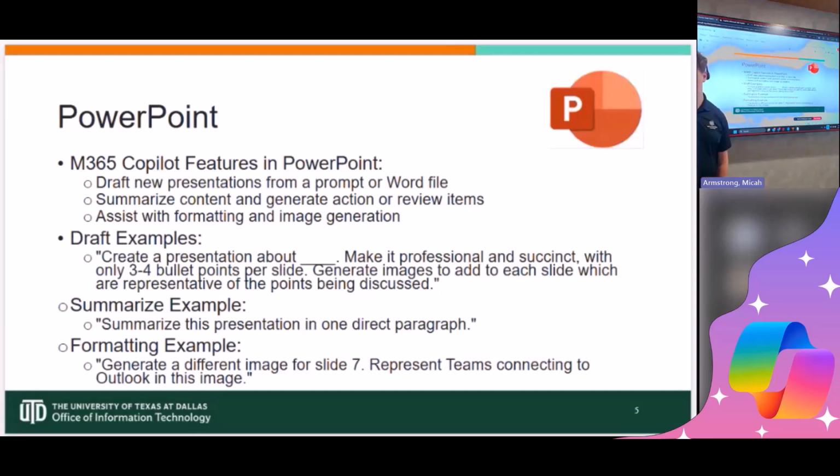We are going to get that online, and so if you want to see more than what I cover here, definitely check that out. But yeah, draft new presentations. It can also summarize. You'll notice that theme throughout all the different applications, really. It does a pretty good job with summarizing data for you and helping with insights. And also assist with formatting